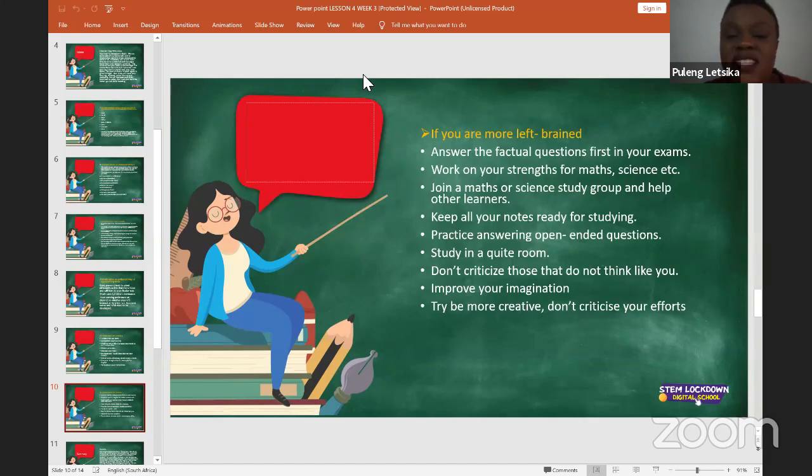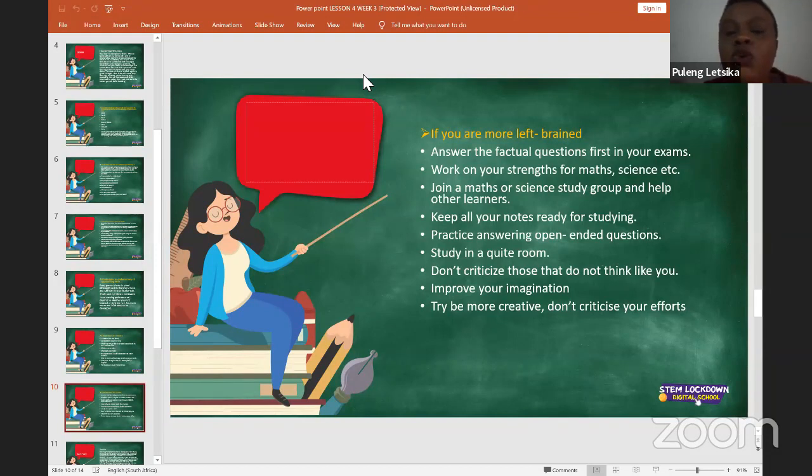So you need to practice those questions. So just because you're left-brained, it doesn't mean that you can't do things that right brain people can do. It just means that you need to practice, and you need to spend more time trying to develop that side of you in order for it to improve.